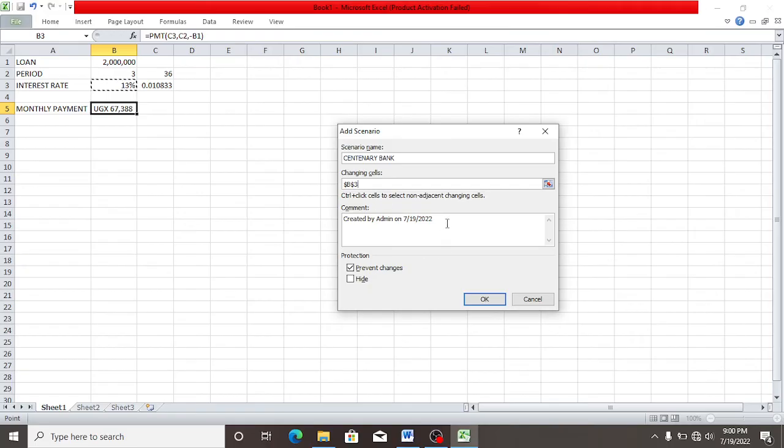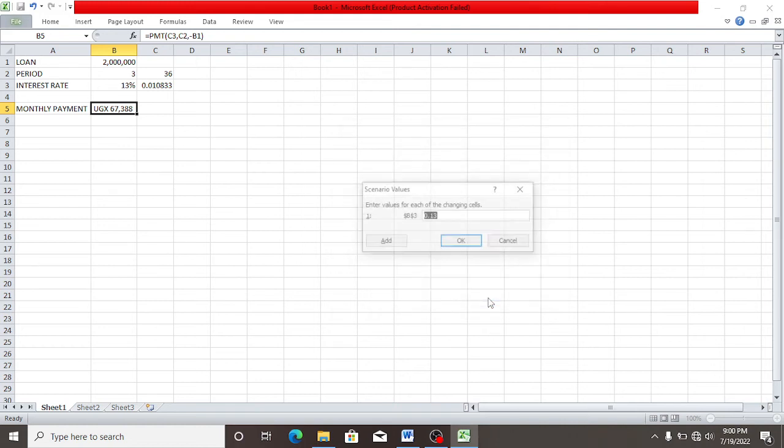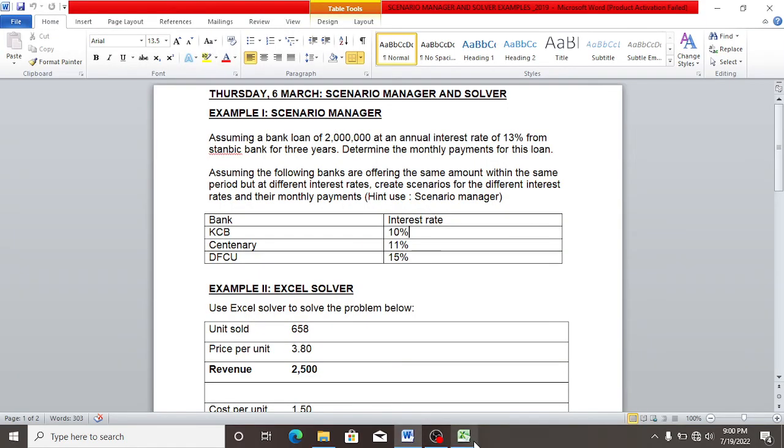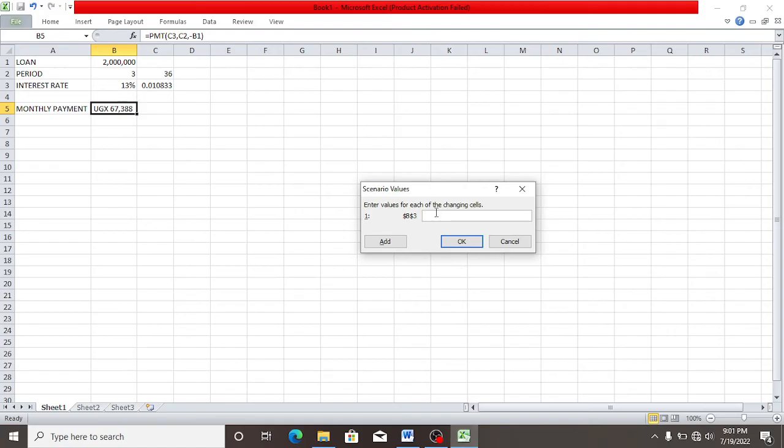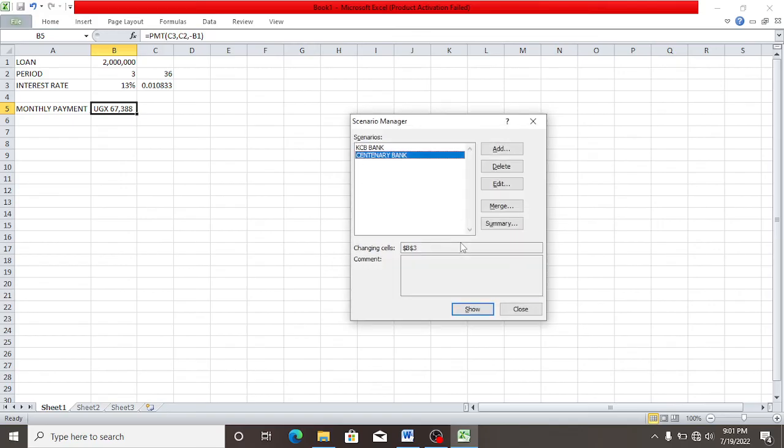Okay, I don't want the comment. Let me delete it. Then I press OK. Let me enter the values I'm changing. So it's going to be 11%, the interest rate for Centenary Bank, 11%. Then I click OK.